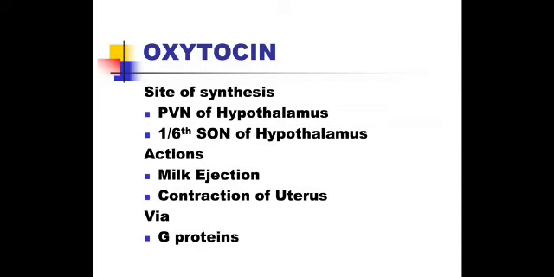The main actions are on milk ejection, also called the milk let-down reflex, and contraction of the uterus. It is mainly mediated by G protein coupled receptors, and oxytocin triggers an increase in intracellular calcium levels. The first is the milk ejection reflex, also called the Ferguson reflex. Here there is stimulation of the touch receptors around the nipple, which are the main receptors, and the stimulus is